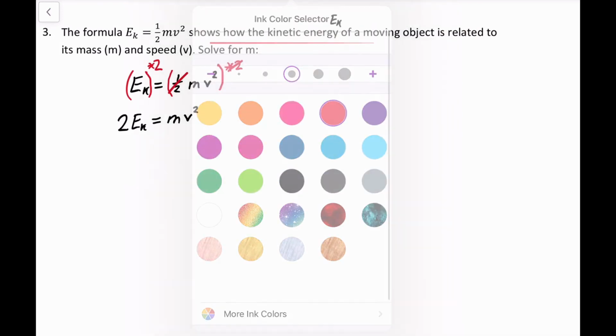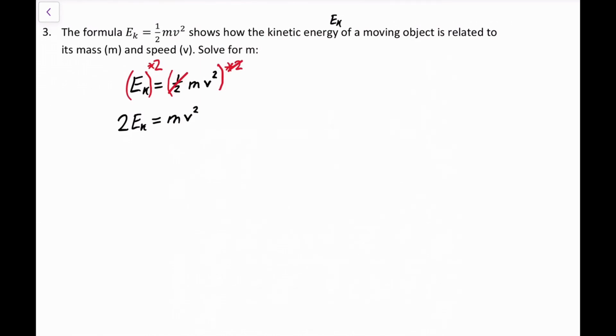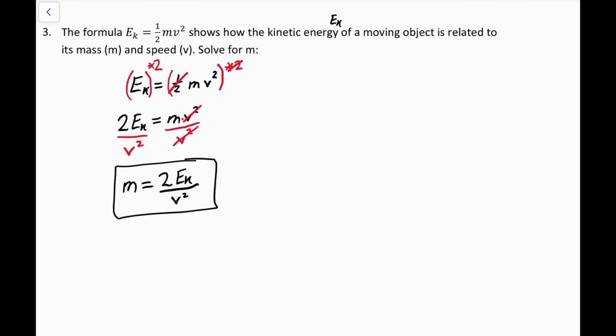Second step here. Right now we have mass being multiplied by V squared. So the opposite of multiplying here is dividing. So we'll divide by V squared on both sides. Those cancel out. V squared divided by V squared again is just 1. And we are left with the mass is equal to 2 times the kinetic energy divided by the speed squared. So again, just following all those two rules from above where you are doing the opposite operation on both